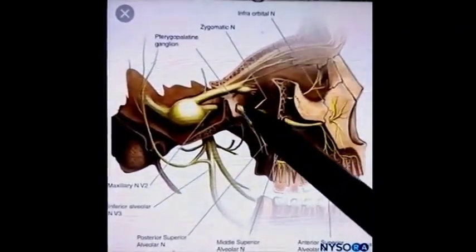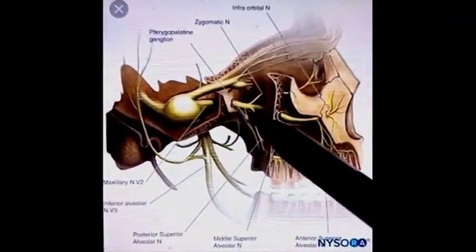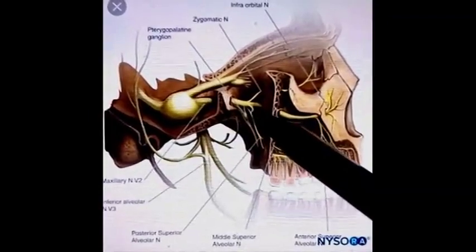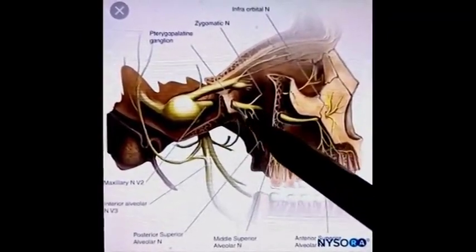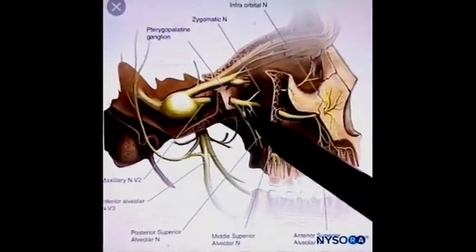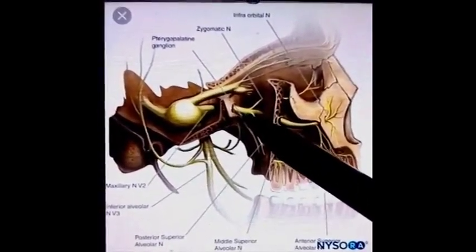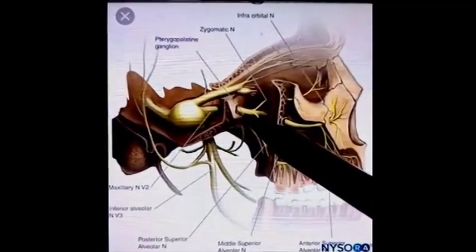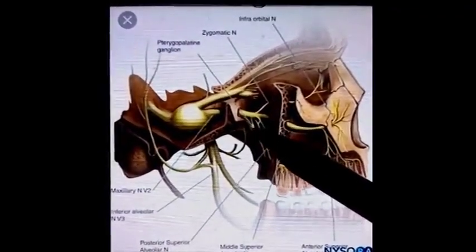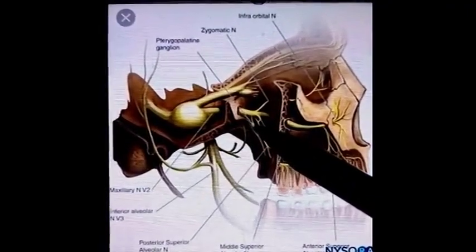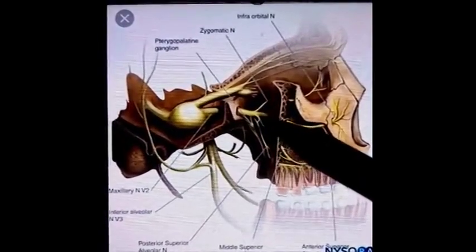Pterygopalatine ganglion lies in the pterygopalatine fossa. Topographically, it is related to maxillary nerve. Topographically means it is present in the area of the maxillary nerve, or it is closely related to maxillary nerve, but functionally it is connected to facial nerve through its greater petrosal branch. Means it lies in the area of the maxillary nerve, but it does not receive all its contribution from the maxillary nerve, but also receives contribution from facial nerve for its formation through its greater petrosal branch.